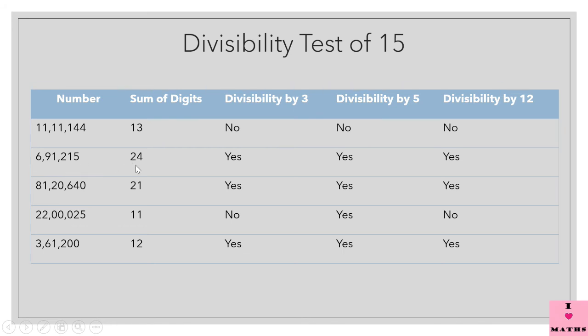6,91,215. Sum of digits is 24. The number is divisible by 3. Last digit is 5. So the number is divisible by 5 also. Since it is divisible by 3 as well as by 5, it is also divisible by 15. Third number is